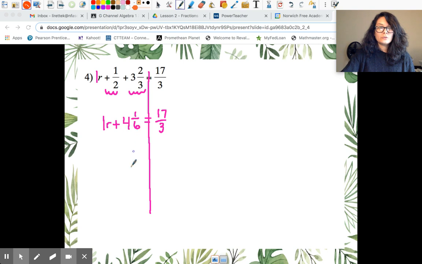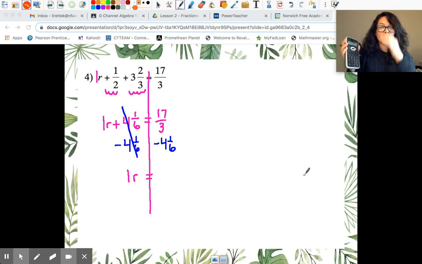I have to undo this constant first here. The opposite of adding 4 1/6 is to subtract it. These will cancel on the left. I'm left with 1r equals, and again, I can just use that ABC button, 17 ABC 3 minus, and I'll type this as a mixed number, 4 ABC 1 ABC 6, and that's going to be 4 1/6, and I'm getting a mixed number as my answer. I'm getting 1